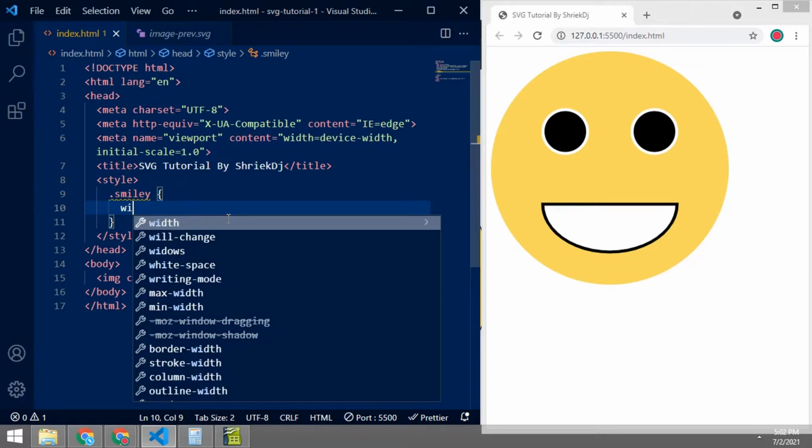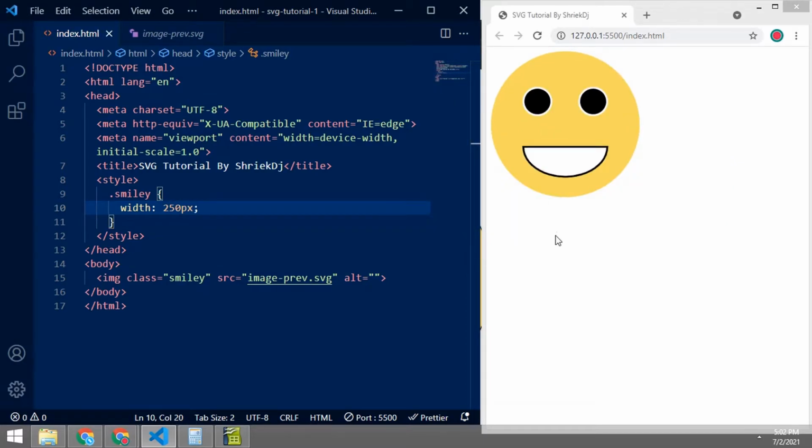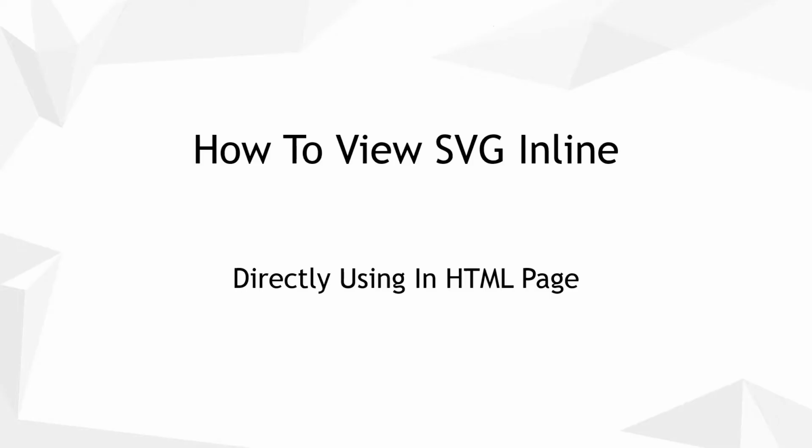So we are just gonna create a CSS property of width to 50 px. Okay, so this size will be fine, I think. So this is how you can add an SVG in a web file homepage.